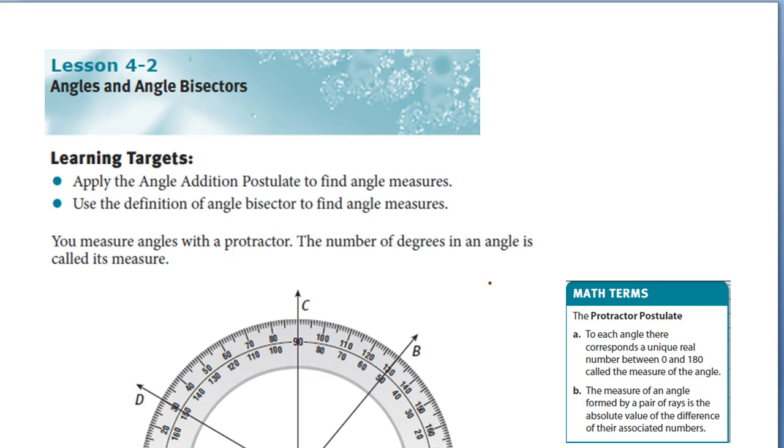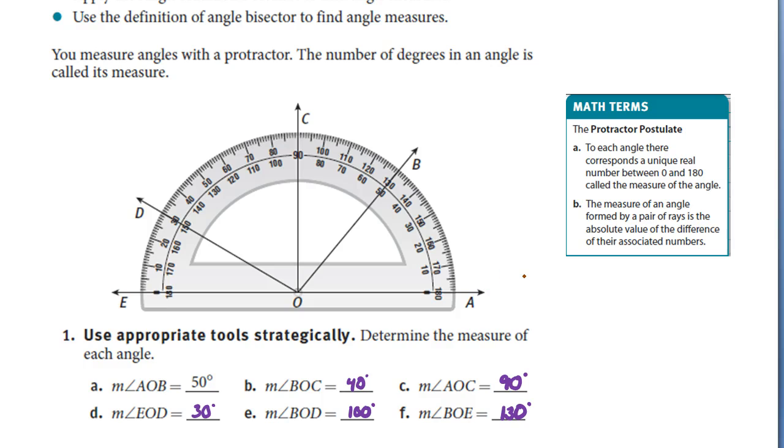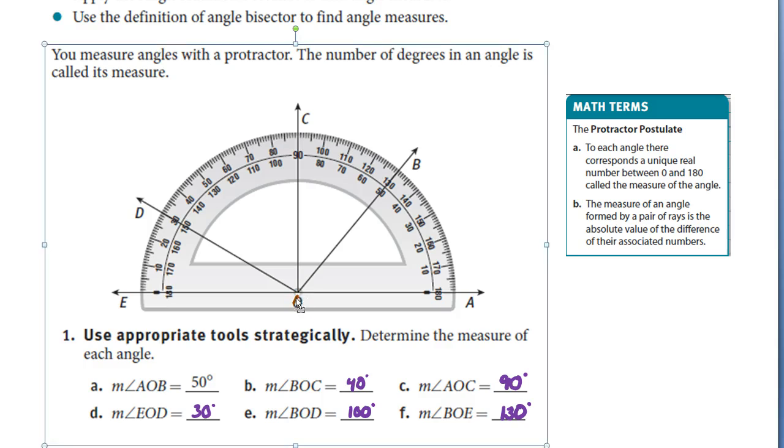We start off by discussing how to measure with a protractor. This is a picture of a protractor. You've used this in the past. To use the protractor, you'll notice you have the straight edge along the bottom, which you line up along one ray of an angle. Position the center or pointer part of the protractor at the vertex of the angle, and